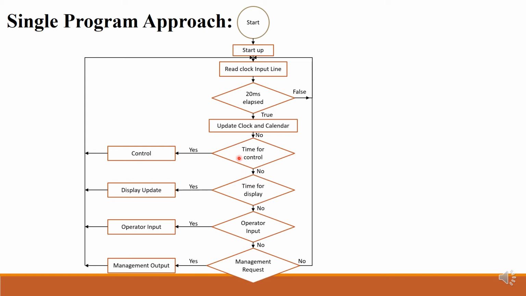Similarly, if a module is not ready to update within that time, it will check the next module. If it says no, again it will check another module, and again another. In case any module is ready, it will update. So hence what we can mention here is the requirement for the system to work.